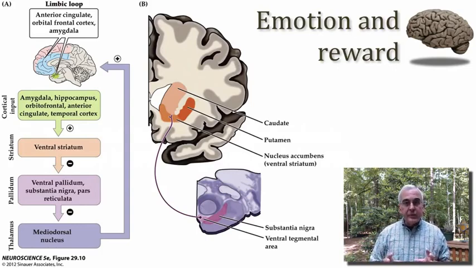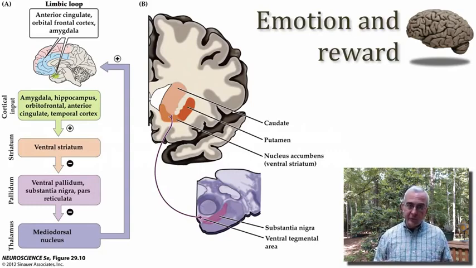Now, in this tutorial, we're going to focus on the third major division of the striatum, the nucleus accumbens, which is an important component of what we've called the ventral striatum. And this ventral striatum has the same kind of circuitry that we've seen in the other divisions, that is a direct and an indirect pathway, but it's operating upon inputs that are coming from different parts of the telencephalon. And the output from the pallidal component of this striatal loop is directed towards a non-motor thalamic nucleus, namely the medial dorsal nucleus of the thalamus, which then projects into our prefrontal cortical networks.